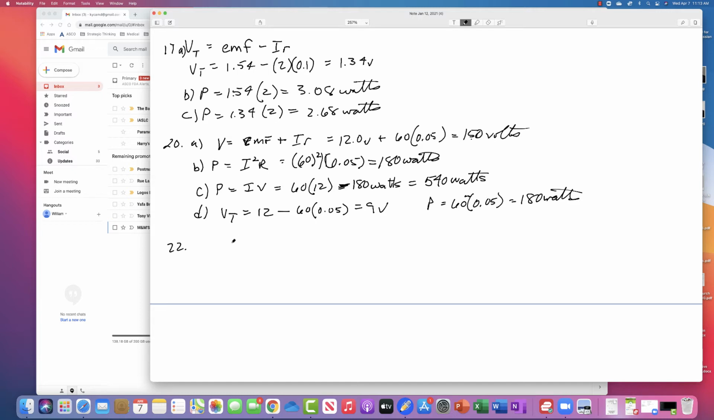Okay, so first thing you do is you draw a picture of the circuit, and it looks something like this. Here's the radio and here's the battery. Okay, the power delivered is equal to, well, first of all, it's easiest to start out by saying,